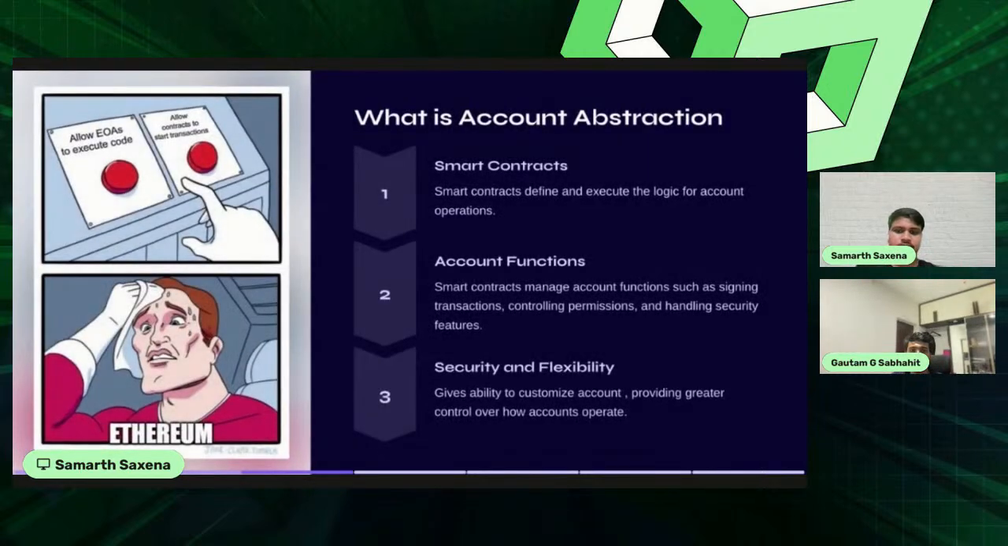So the major question right now is: what is account abstraction? As much as I know about it, I basically divide the account abstraction topic into three major components. The first is smart contracts. The second is account functions, and the third is the security and flexibility of your accounts. Smart contracts are very beneficial for you to execute and define all of your logic